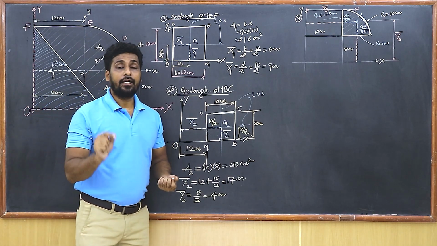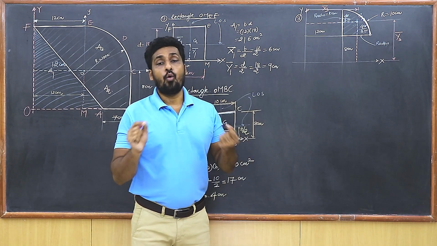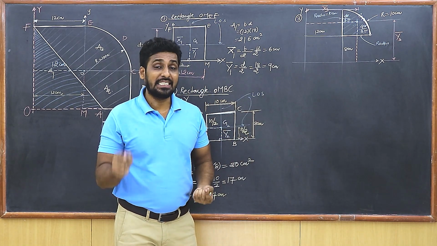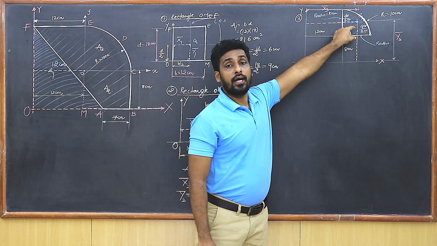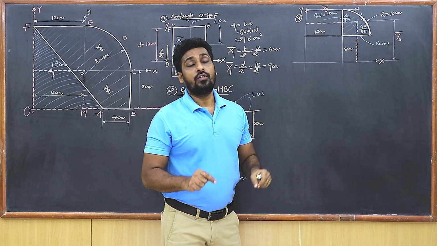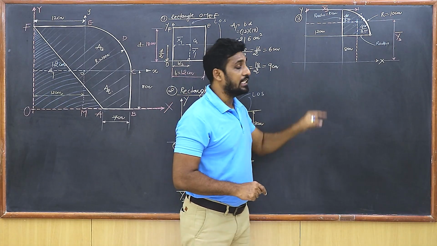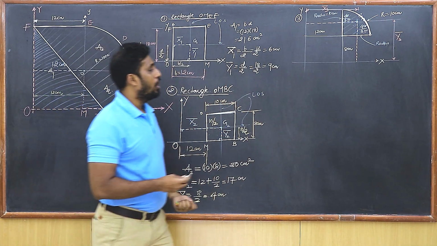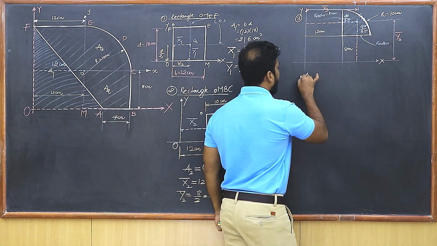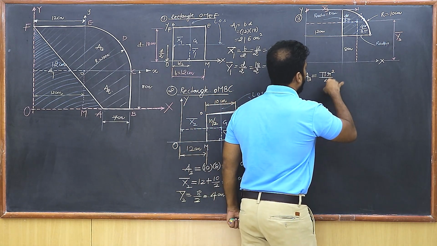You should always get the coordinates, the distance of the centroid from the original y and the x-axis. They form the coordinates of the centroid. 4r upon 3 pi, 4r upon 3 pi. This is from the formula of the centroid of a quarter circle, but they are not x bar and y bar in this case. So very first, let's write the area, students. I'm going to write the area first of all. So I know that the area is given by A3 is equal to pi r square upon 4